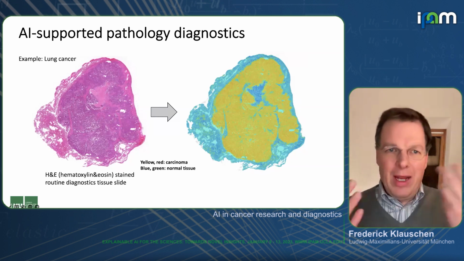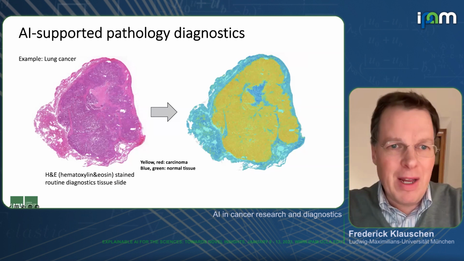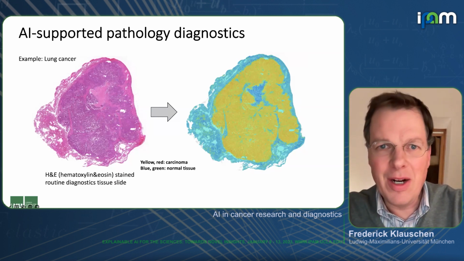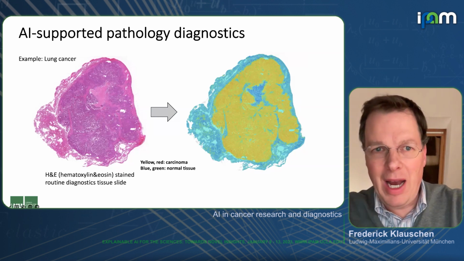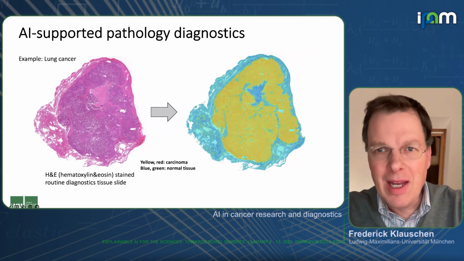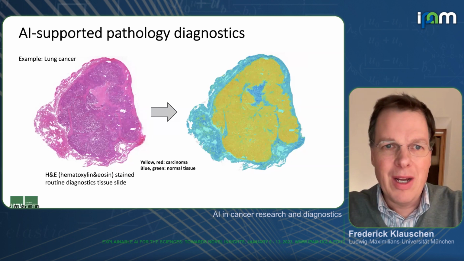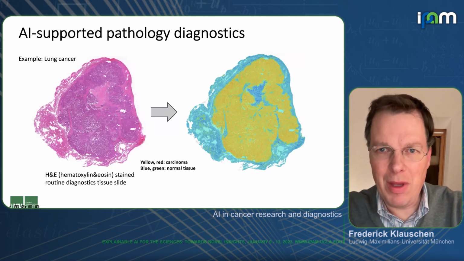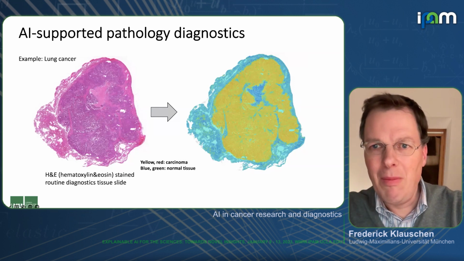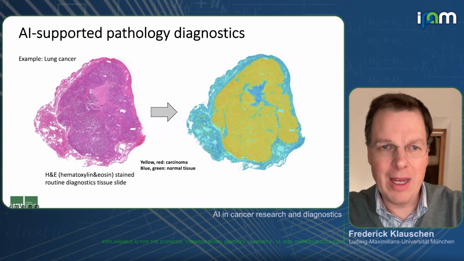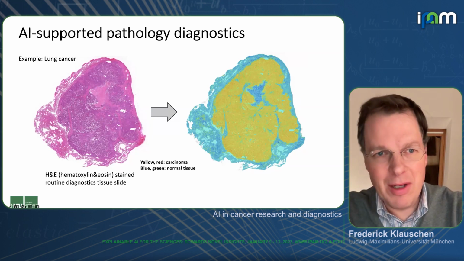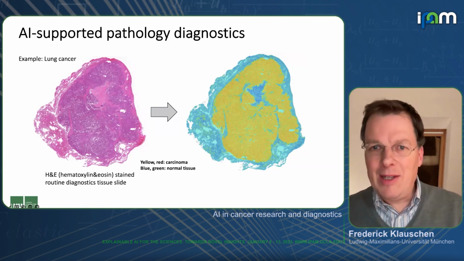So it is, of course, obvious that AI may help with these image analysis tasks. And as you can see here in this image, AI can relatively easily detect the lung cancer contained in this image, which is highlighted here in this heat map, and all the yellow, orange, and red pixels are a precise identification of the lung cancer in this tissue. At the same time, one has to say that this is a relatively easy task. And as you all know,